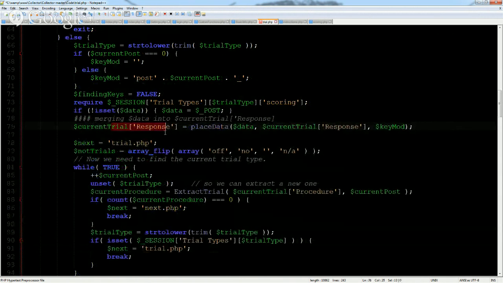I think it's good to talk about the difference between writing versus what's in memory, and what's actually written in a file somewhere. So what we're doing here: if current post is -1, we do the write data through the instructions, or else we do here. If current post is 0, keymod is equal to blank, or else keymod is equal to